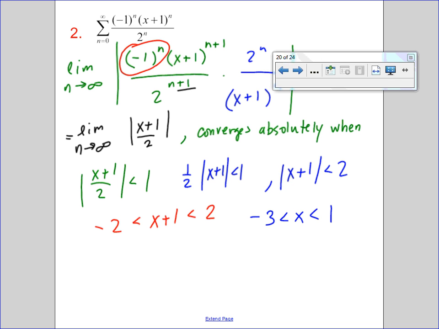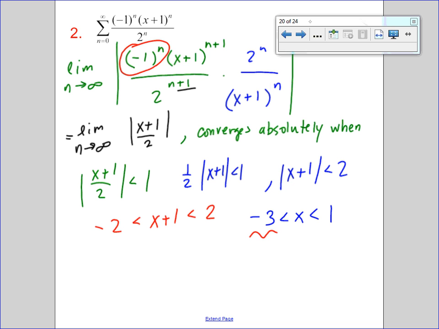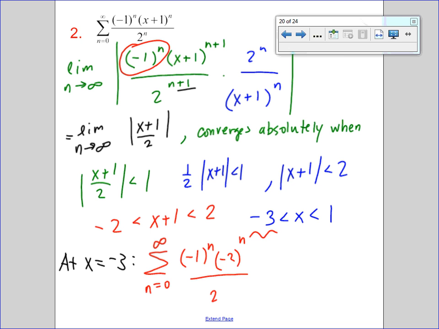And now we just need to consider the endpoints. So what do we do for that? We plug in the x value at each endpoint into the original and make a new series. So we'll say at x equals -3, consider the new series that's created. We'll go to the original, n equals 0 to infinity. When x equals -3, -3 plus 1 is -2, to the n over 2 to the n,